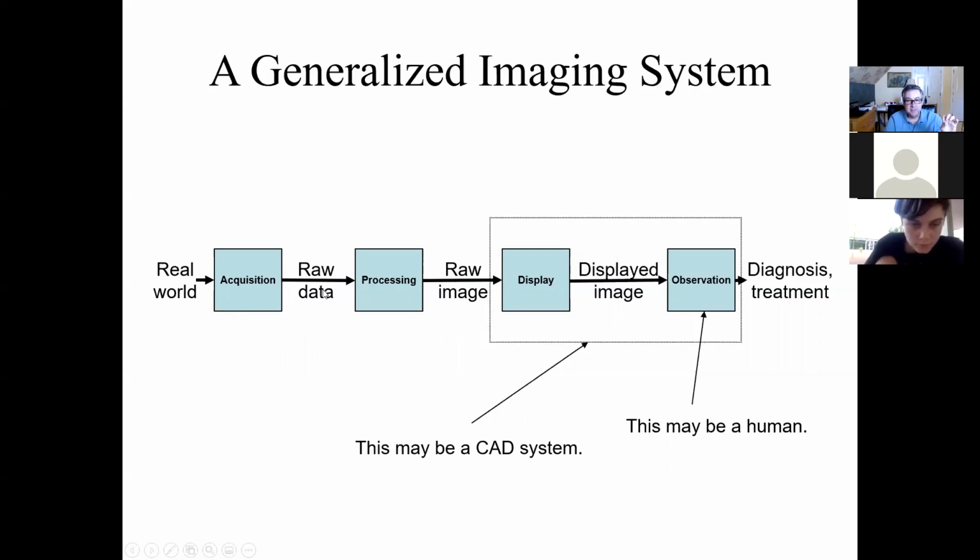Sometimes this is direct, and there's not something else that goes on, but in things like ultrasound or MRI, the raw data is not in the form of an image, and so it has to be processed to create an image. And then the image